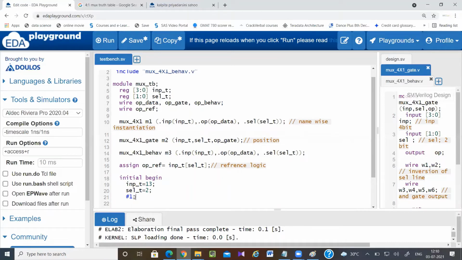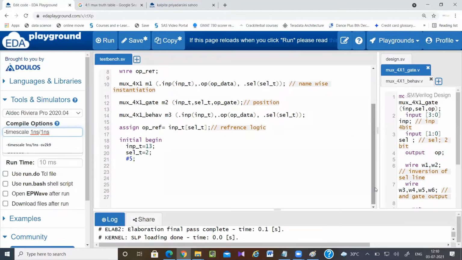How did I decide that it is 1 nanosecond? Here, see, timescale 1 nanosecond. So if I write #5, it will be 5 times 1 nanosecond, 5 nanoseconds. So like this you can write, but again it will take time. This is writing manually. So instead of writing manually, what will I write?